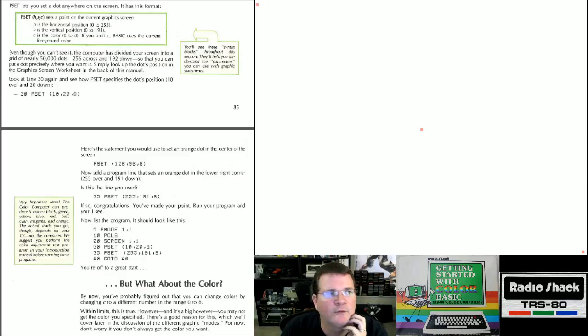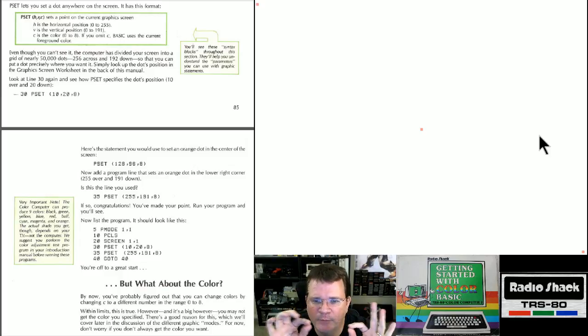So these are top left, center, bottom, right. Now, I'm sure the chapters are going to cover this, but I'm just going to throw this out here too. The different P modes actually have less resolution, so the pixels end up getting bigger. So I think P mode 1 was the lowest resolution. As I'm thinking about this, I think 0 and 1 were the same mode, but just black and white